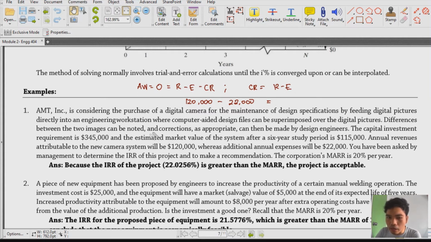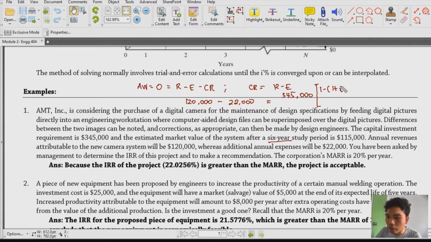Starting from the investment that we have, we have 345,000. So this I would be 345,000. We'll have to amortize this over 6 years, because 6 years is our study period. So 345,000, and remember in our cash flow, this is the investment, so we have to use the present worth uniform series factor. So that is 1 minus 1 plus